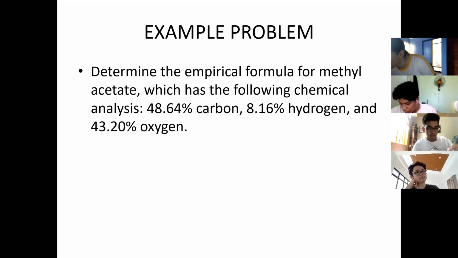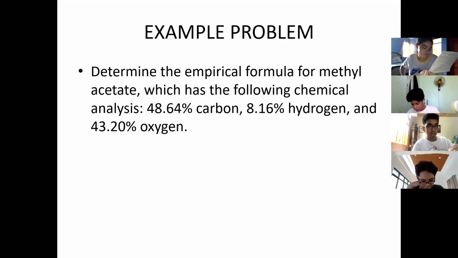Of course, we can determine the molecular formula of methyl acetate following the name itself, methyl plus acetate. Methyl is CH3. Acetate is, in your periodic table, found in the anions part, with the molecular formula of C2H3O2. Combine methyl and acetate, and you'll get the molecular formula of methyl acetate.